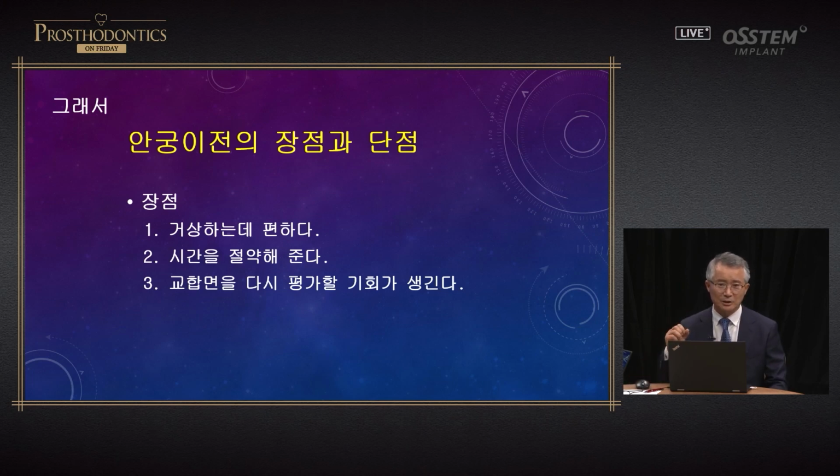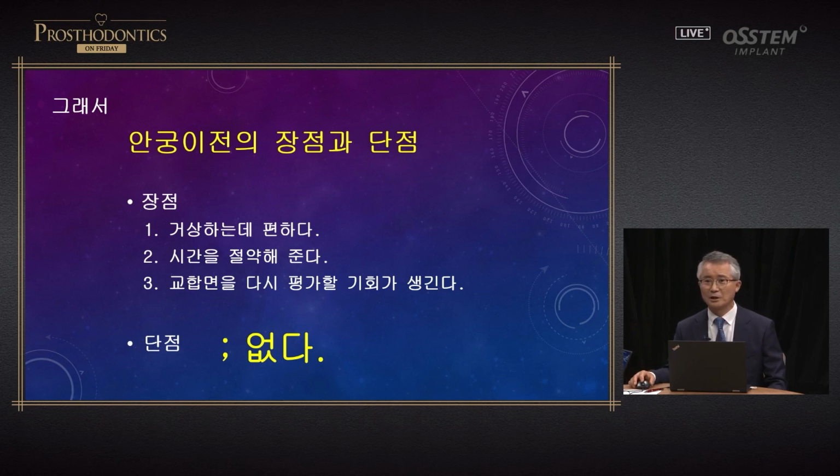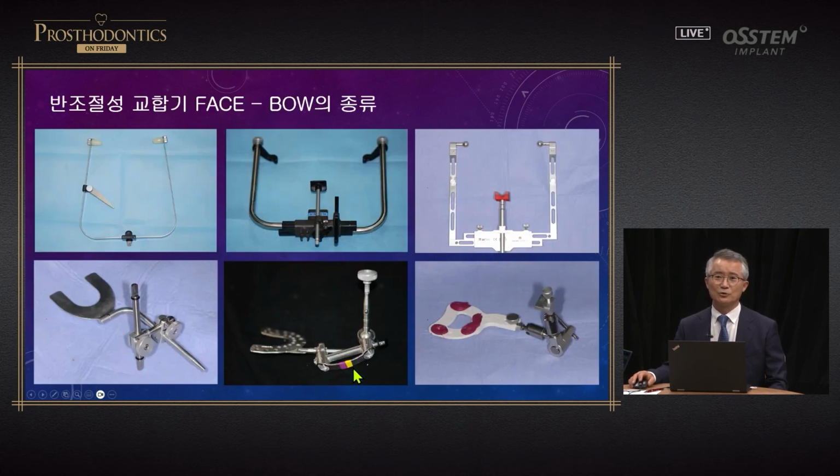When a problem occurs, it's very easy to track back your steps. As for disadvantages, there are none. Well, yes, the face bow may be a bit expensive, and it takes about $800 to $900 for the assembly, but once you buy it, you can use it for a lifetime. There is very little possibility of you losing it, so I don't think there's any downside to it. I think you need to buy this.